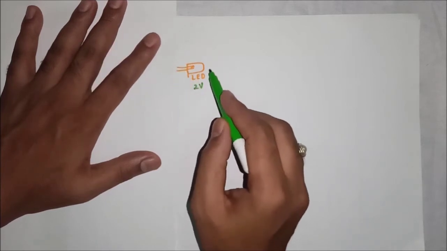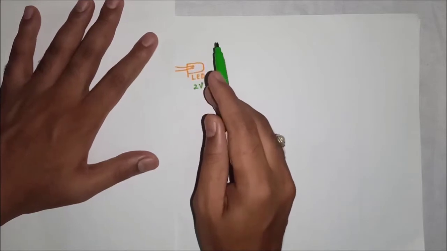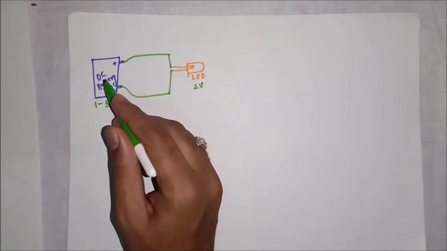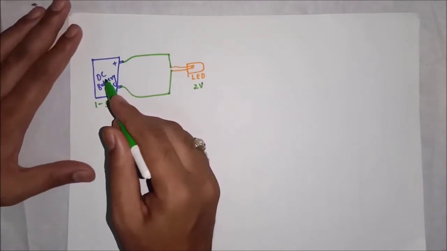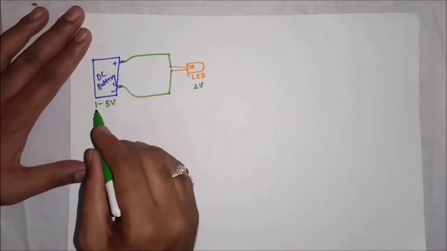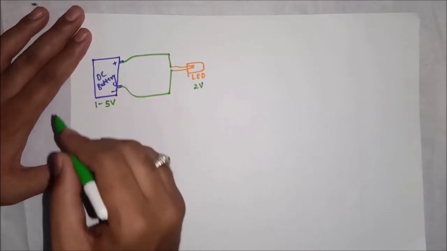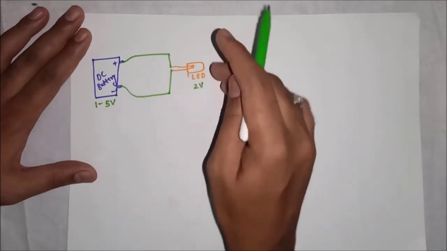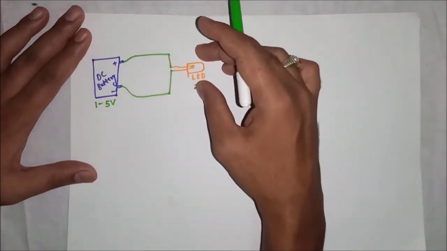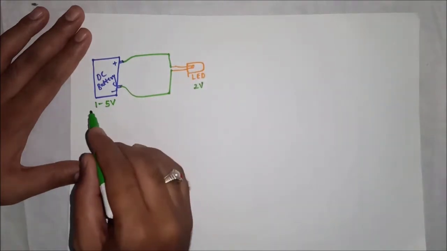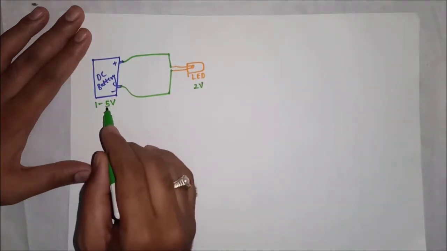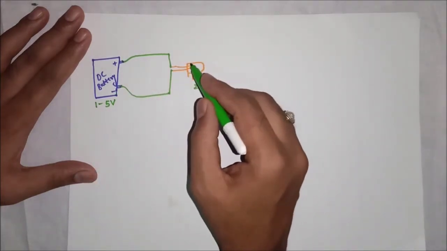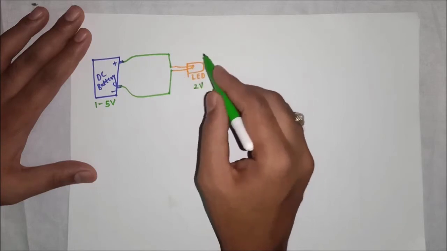Now I connected this LED with a battery. I have a DC battery over here, it is connected. But this DC battery operates between 1 to 5 volt. It fluctuates. I have connected the positive terminal and negative terminal to my LED so that it glows properly. But it is fluctuating, you see, 1 to 5 volt. Once it reaches more than 2 volt, it burns. So later I cannot use it.